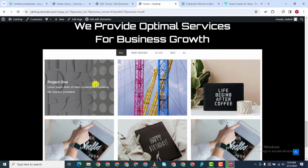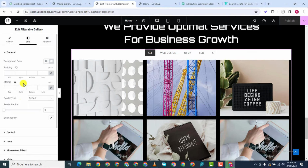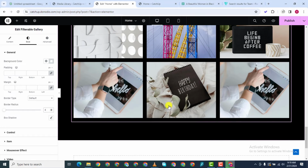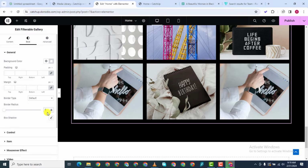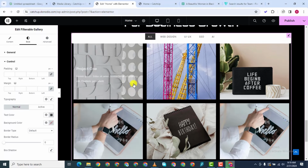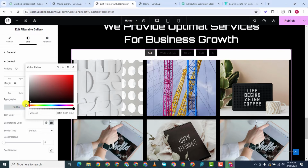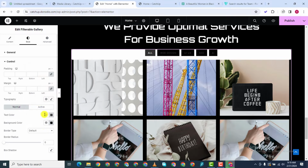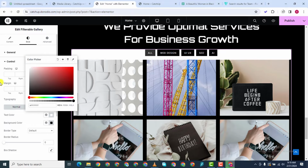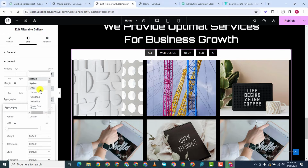Notice that when I make the image clickable, those two buttons here are no longer functional. They are no longer needed. And then we can come to style. For the border radius, you can make them a little bit rounded, maybe 5. For the controls, you can change the name, the background color. We can make them black, and then change the text color to be white. And then the typography, you can make it all